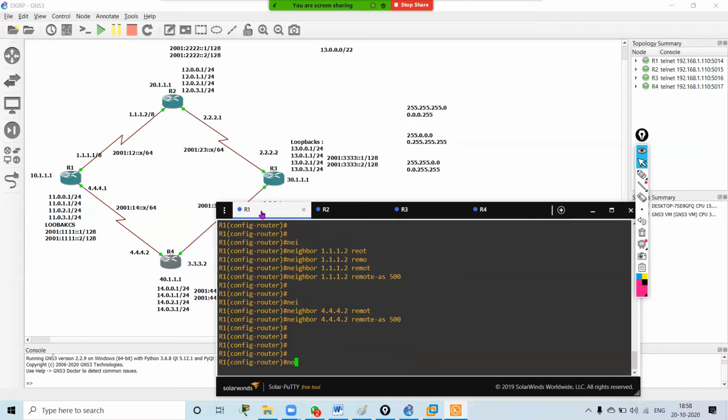Remote is 500. No auto summary, no synchronization. Okay. So